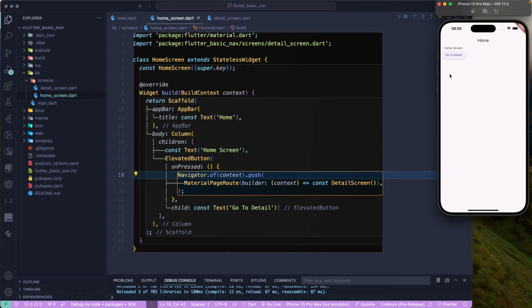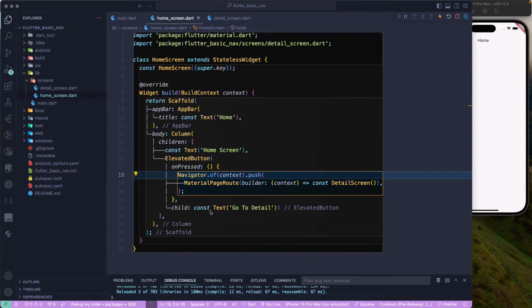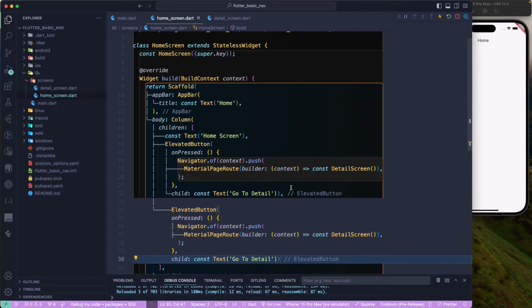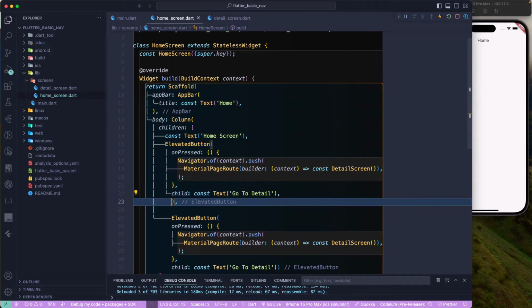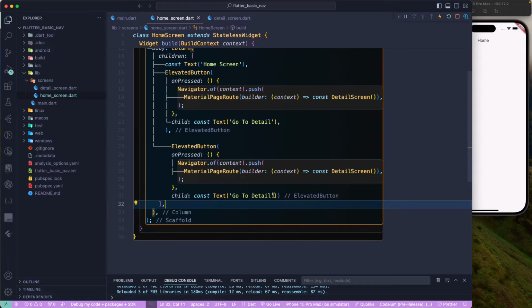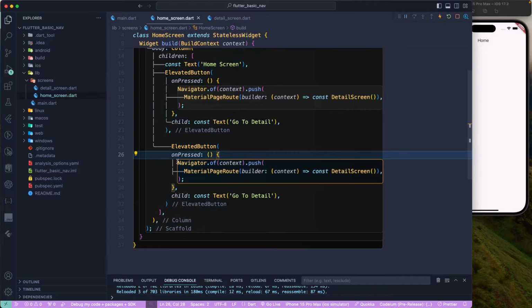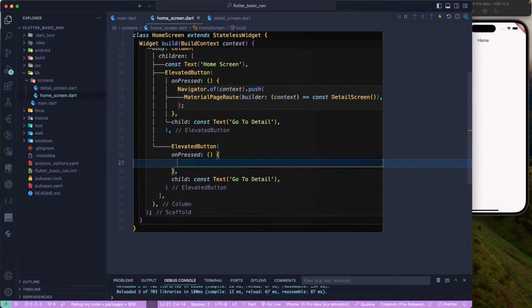So I can just click on that one, and I can go to the previous screen over here. And similarly, there is another way of doing that, so I'll just copy these particular steps from here, and let's go and add it below over here. So I'll just try to rearrange this one over here, and let's also rearrange this one properly. And here what we are going to do is, let's just remove this one, and we will make use of the same navigator,